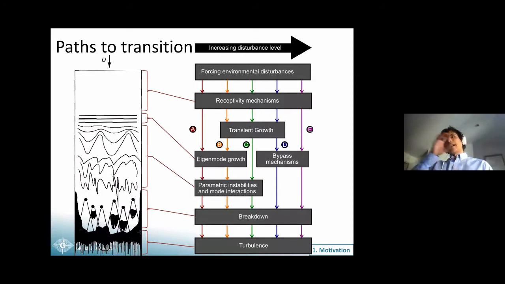However, if we have a higher disturbance environment, so let's say a rougher surface or a higher level of turbulence in our free stream, then we can have stages where there is a transient growth or even a series of bypass mechanisms. So if, for example, we have a strong protuberance, like a very big roughness element on our surface, it is possible that this just completely bypasses the entire process and the flow just becomes immediately turbulent behind it.